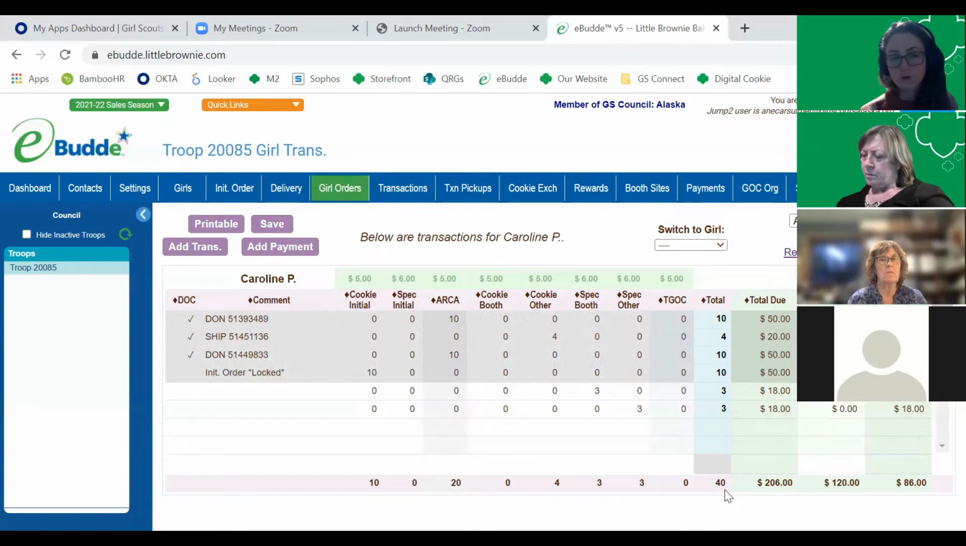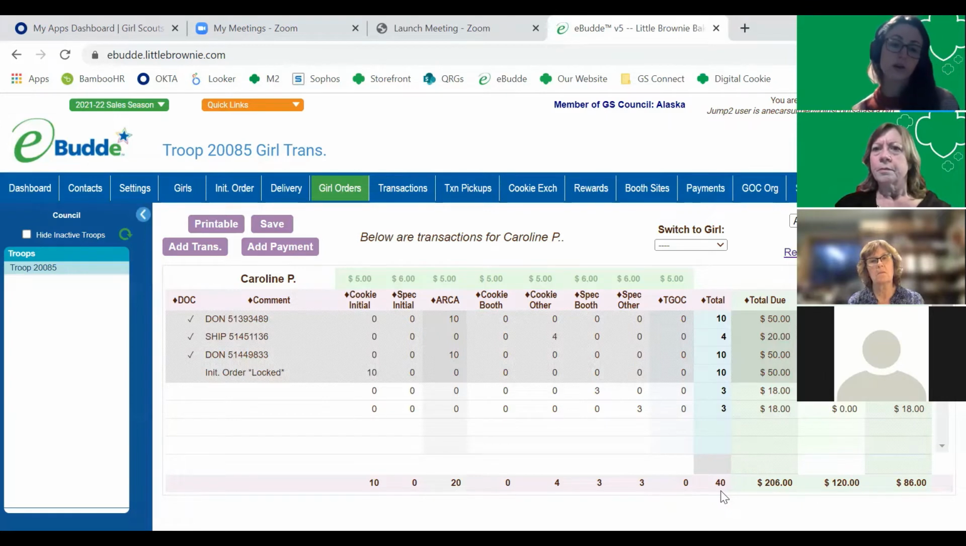If she actually sold more cookies than this, and you're not sure where you put them or how you recorded them, this is the number here that eBudde is calculating her rewards off of. If she actually sold 100 boxes of cookies and this says 40 at the end of the season, she is getting the rewards level at 40 if this is what this page looks like. You will need to enter the rest of her cookies to get her up to 100 if she actually sold 100 cookies. This is also the number that we will calculate her cookie credits off of, your troop encampment credits,